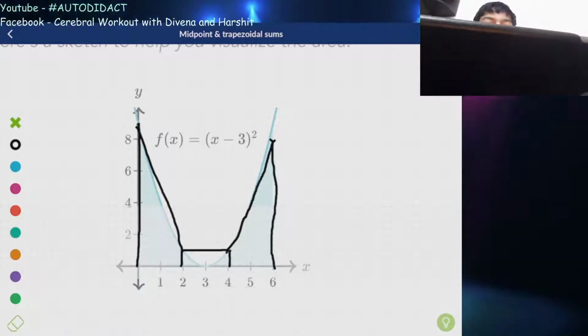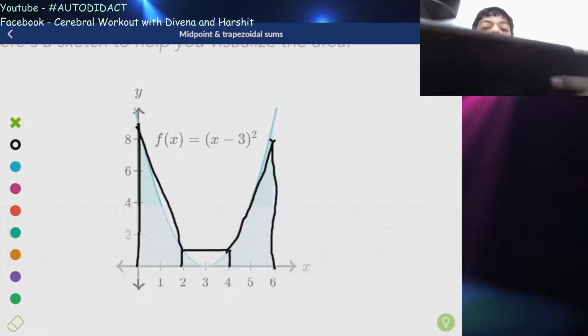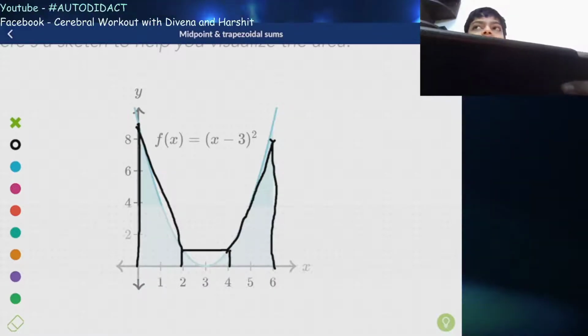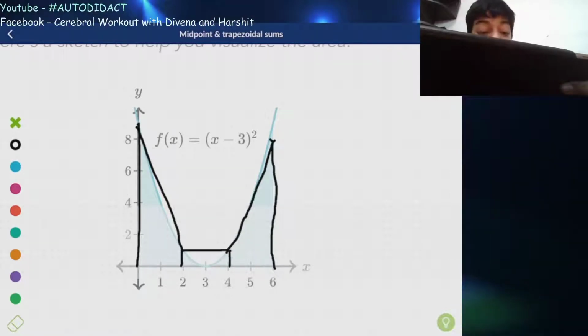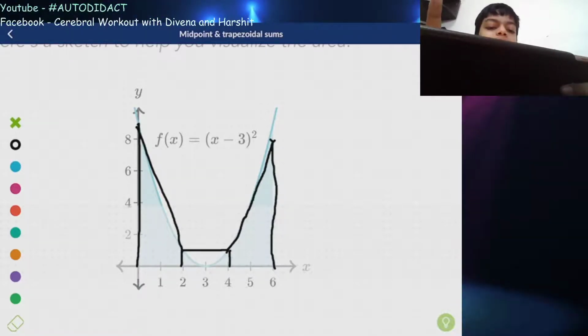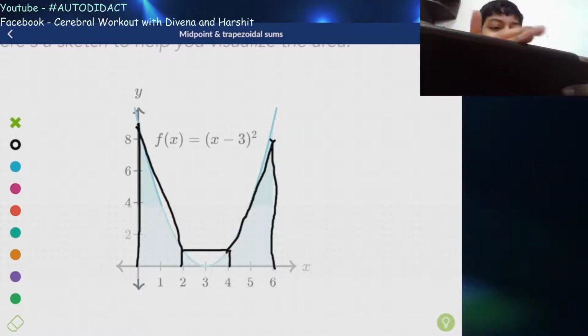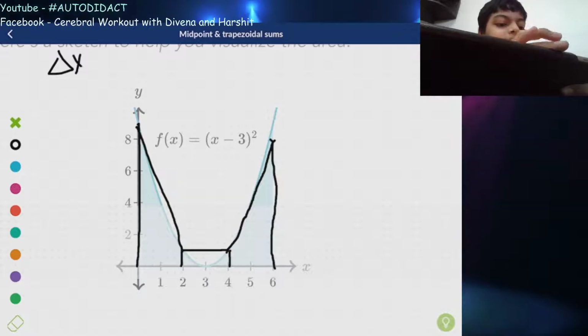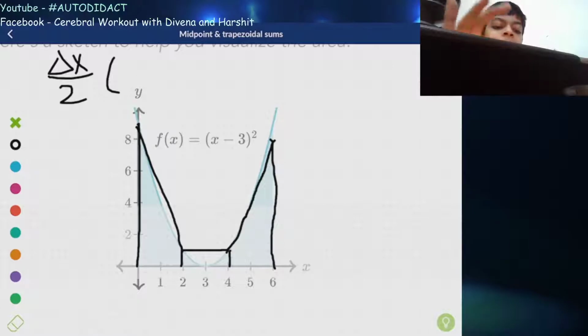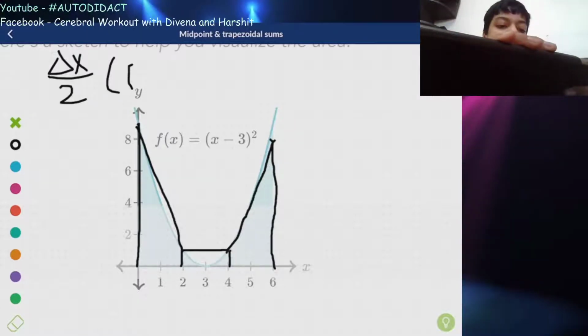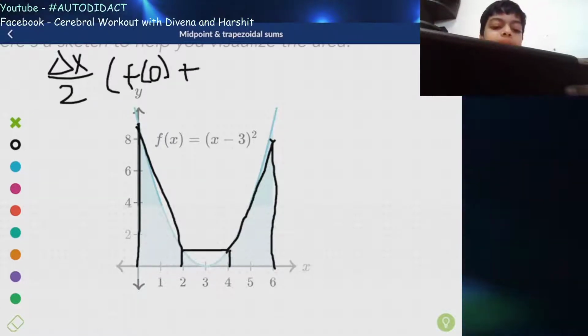Okay, so let's find. First of all, we just have to see what delta x is equal to. First let's just add all these areas. So this is just equal to delta x divided by 2, times f of 0 plus